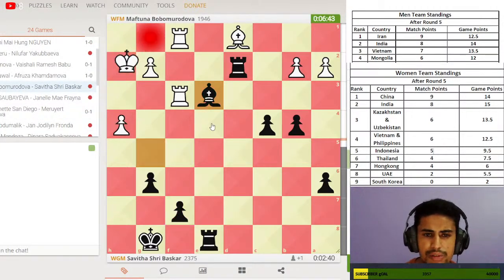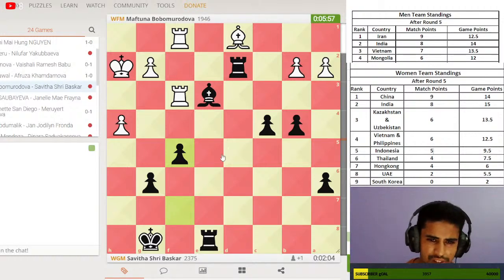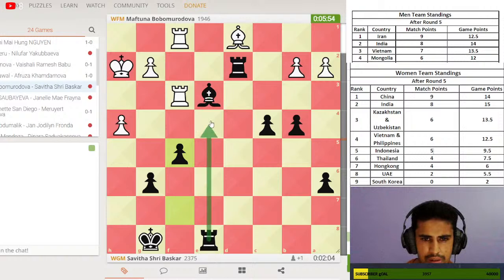Already, Savita is just crushing. Okay, what happened in Savita's game? Bishop c3 is still fine. Now he just goes for f5. Is it needed to go f5 here? I don't think so. Okay, maybe now you can go like this, but